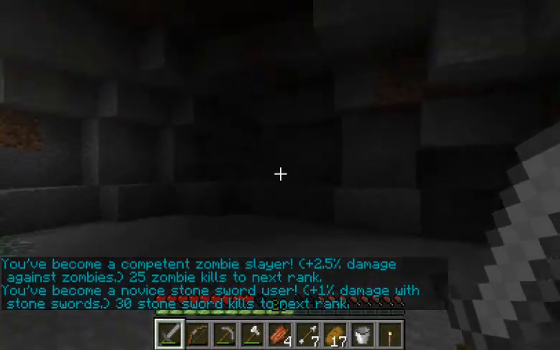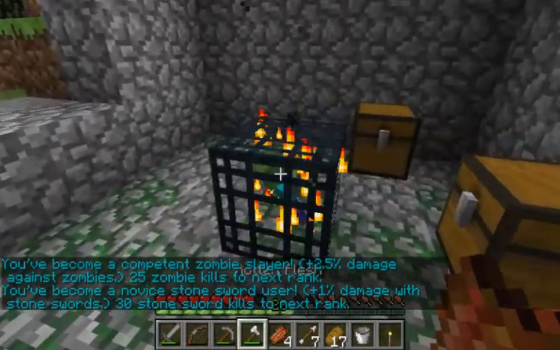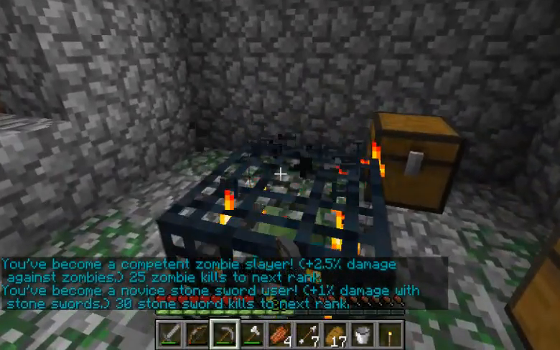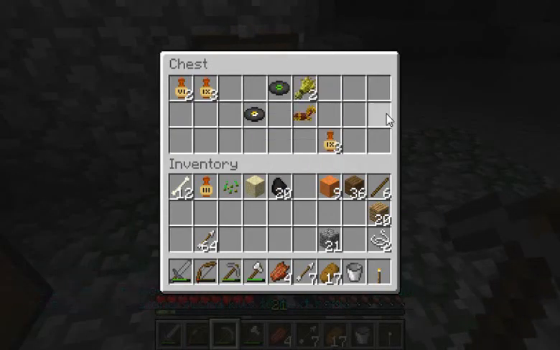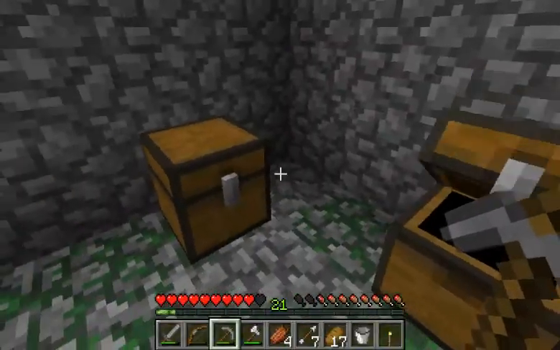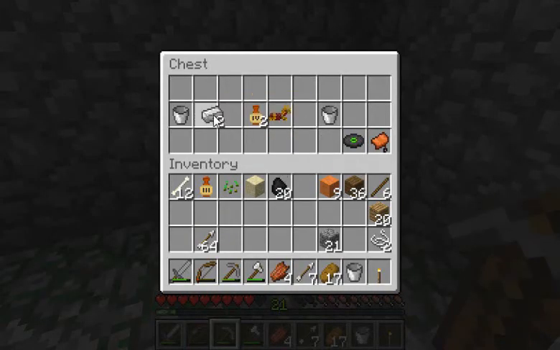You'll become a competent zombie slayer. Let's get rid of this crap. Well, we're on our first spawner. I don't think I even need any of this crap. I'll just leave it here and collect it later. I do need iron, though, so...